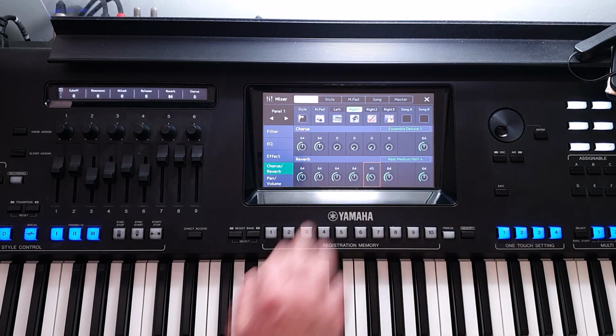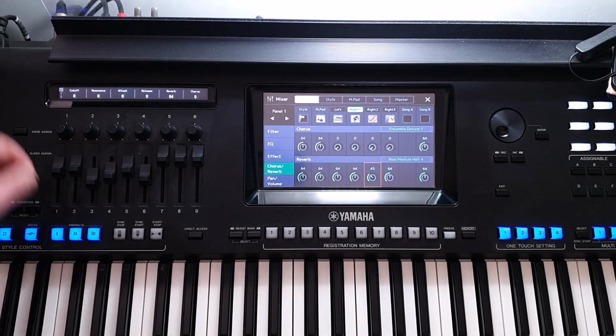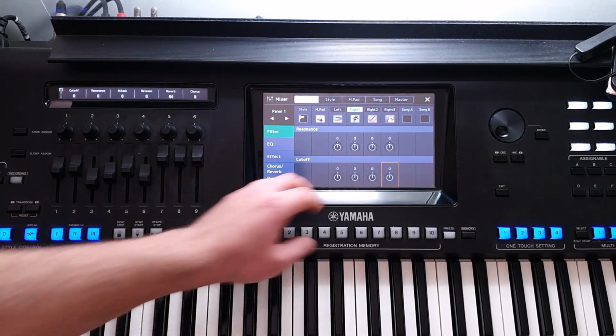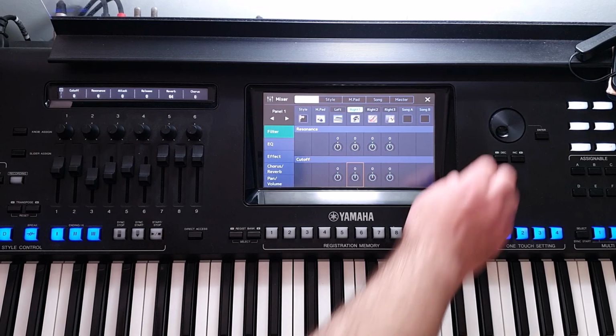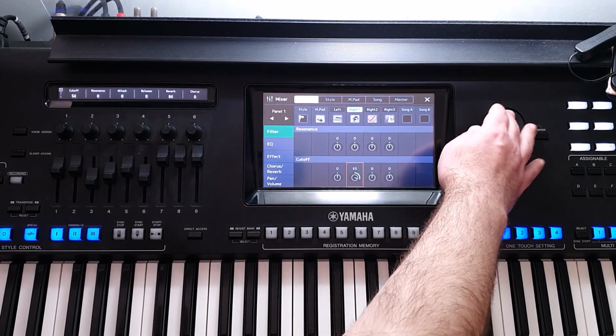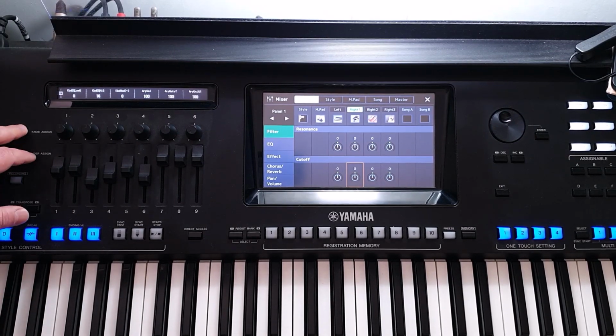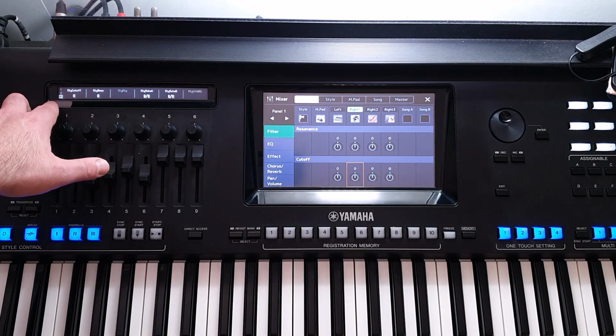Okay, so that's it. Now the same holds, of course, for the cutoff. Let's switch back. Again, revert to the default position. Now the third mode does basically the same, but it's all about the change of the style.